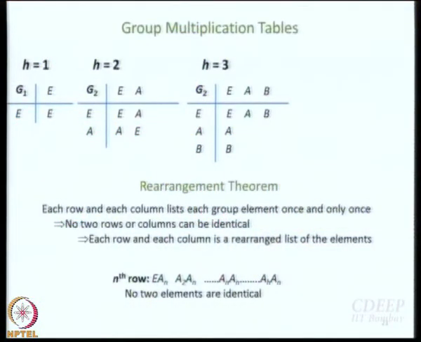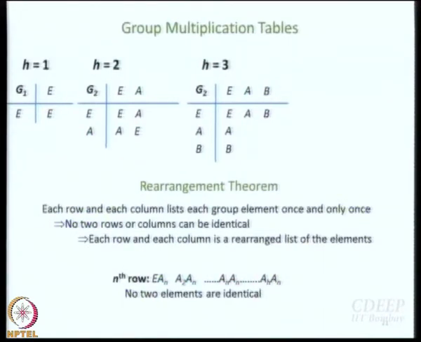Now, are any two of these elements identical? See, everything is different, right? A1, A2, A3, A4, we have considered everything to be different, and each of them multiplied by AN, so they are all different. So no two elements are identical. That is the proof of the rearrangement theorem.